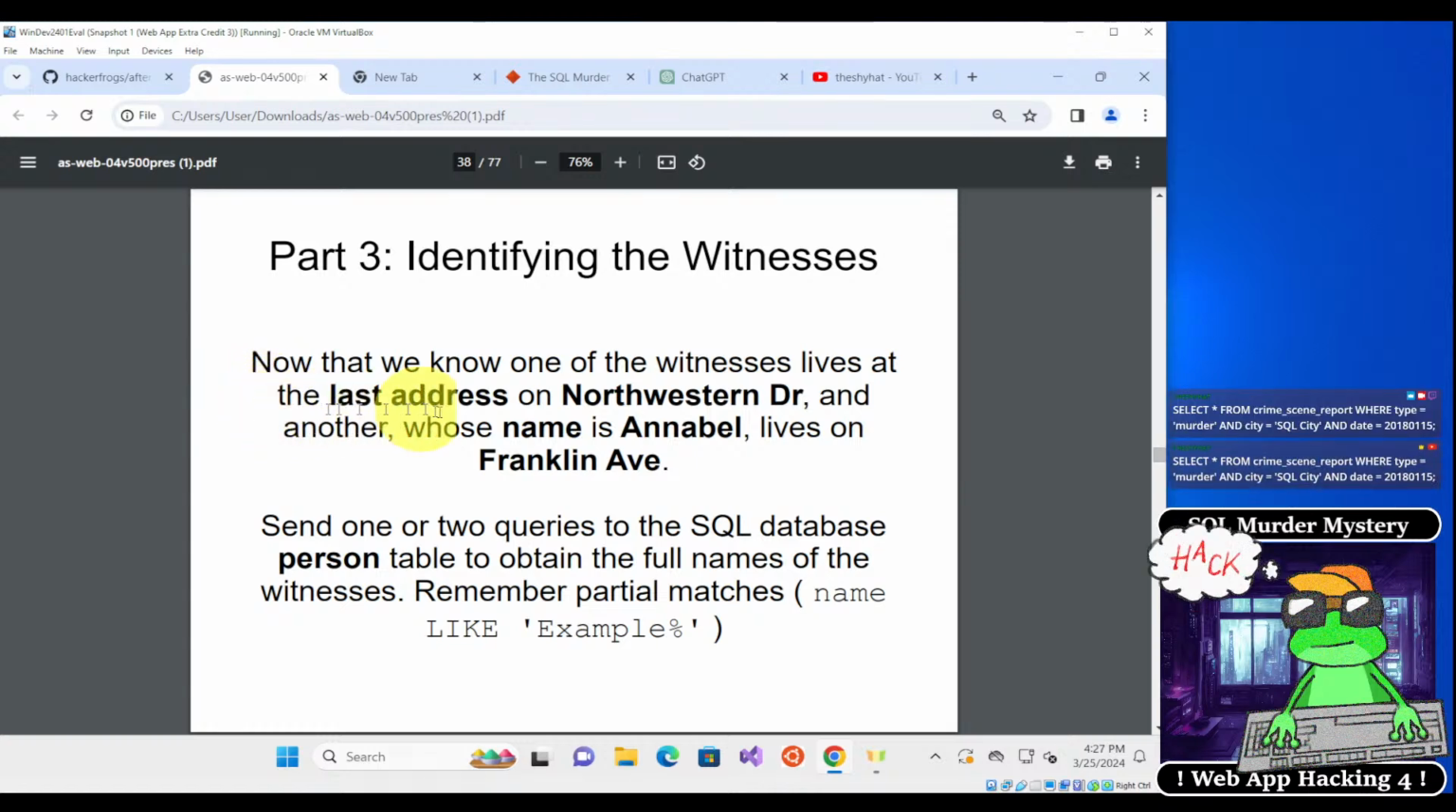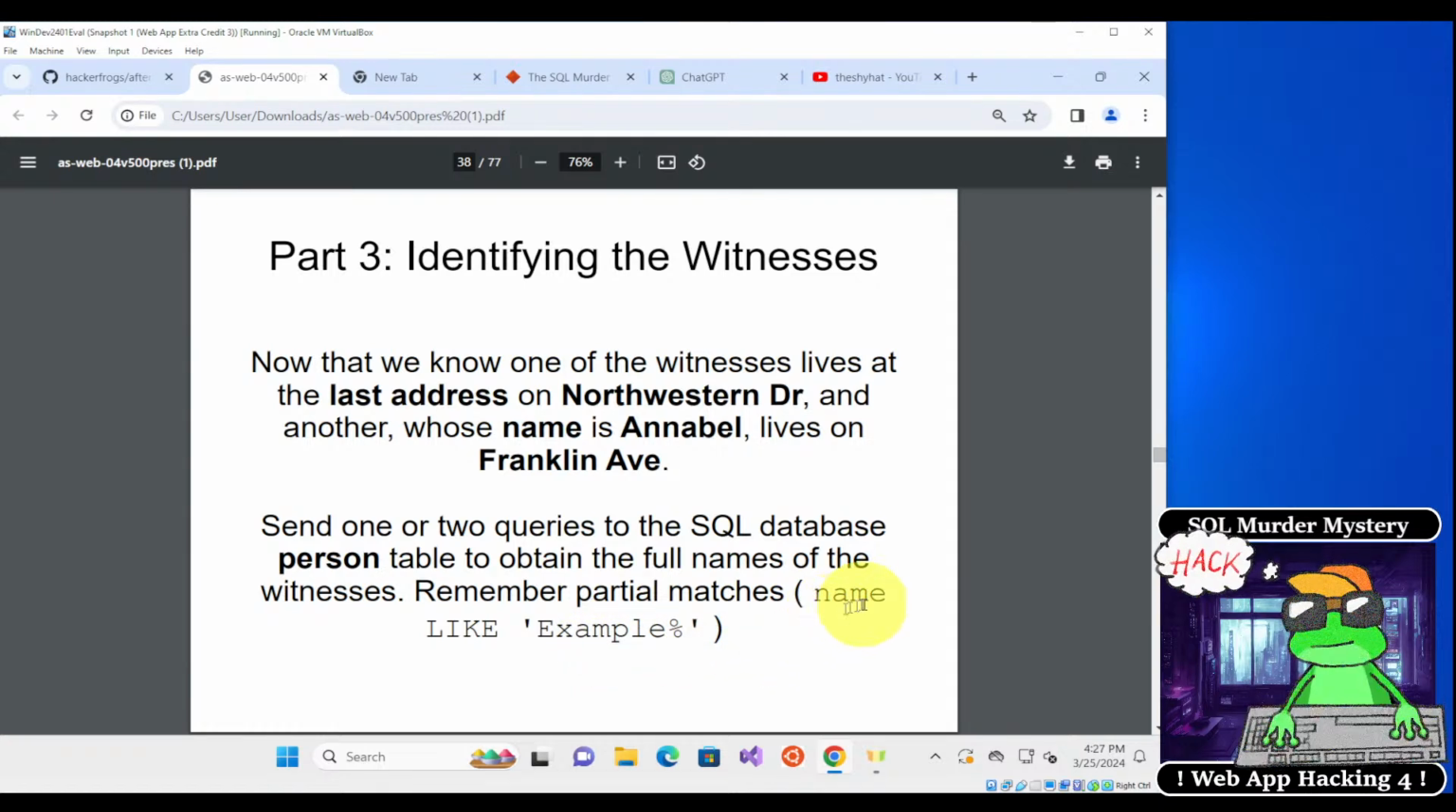Okay, so now that we know one of the witnesses lives at the last address on Northwestern Drive, and another, whose name is Annabelle, lives on Franklin Avenue, we're going to send 1 or 2 queries to the SQL database person table to obtain the full names of the witnesses. So this is the first thing we need to know. Remember, we have to use partial matches, such as name, like, example over here, in order to get these